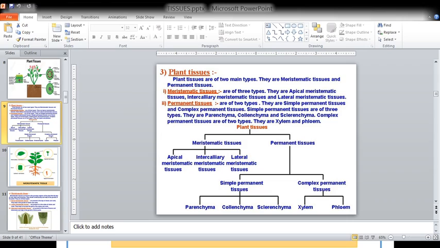I hope that you are clear about the meristematic tissues. I know that it is not difficult, but it is a very lengthy topic. But you have to learn that. So don't learn the whole theory. Just learn this table, so that the points will be clear. Okay. So complete your homework. In the next session, means in the third session, we will start our next type, that is the permanent tissue. In that we are going to learn about simple and complex.